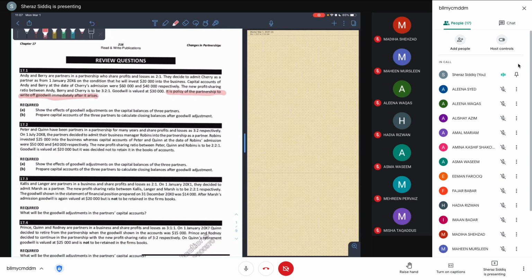The first thing that we need to understand is how partners come across this value of goodwill. Now, goodwill, as we have seen so far, is basically a symbolic representation of all those benefits that a going concern enjoys at the moment compared to a new startup, and that startup has to go through a lot